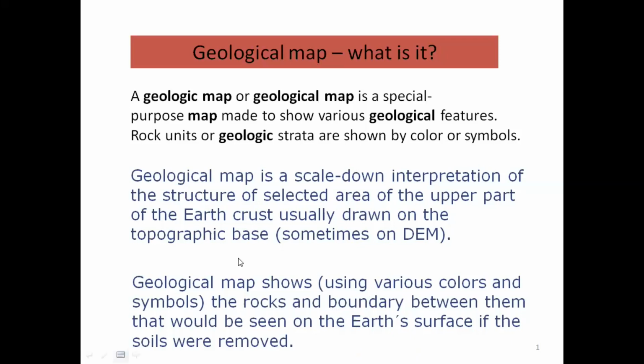So if you prepare the map and try to understand the geology, one thing you have to look at is the soil, because soil is the product of weathering of the rocks. So you prepare a geological map that doesn't show the soil on top, because soil will be everywhere. Any outcrop you see has a thin layer of soil on top, because that is the weathering product. And that is the place where you will find the most vegetation and things like that. Remember, the geological map represents the topmost rock. You just remove the topmost soil layer.